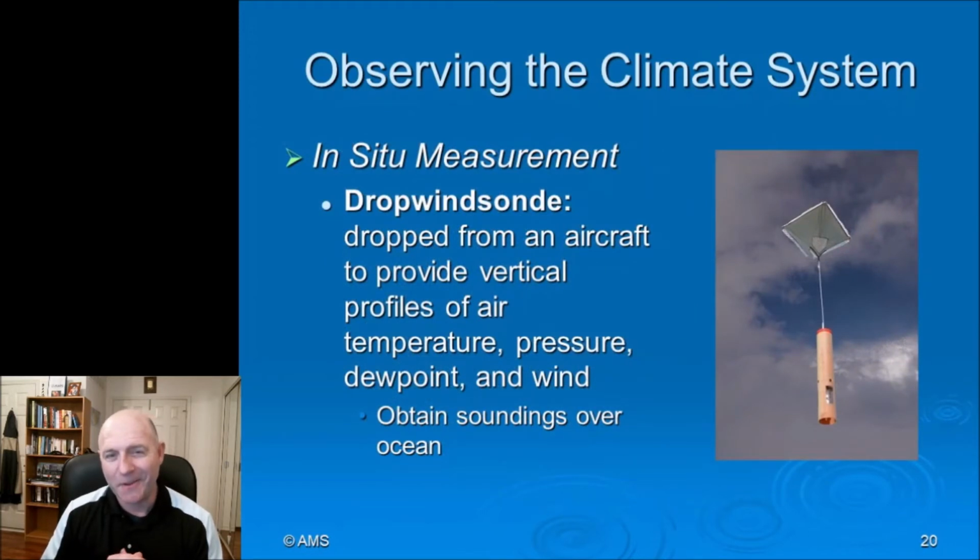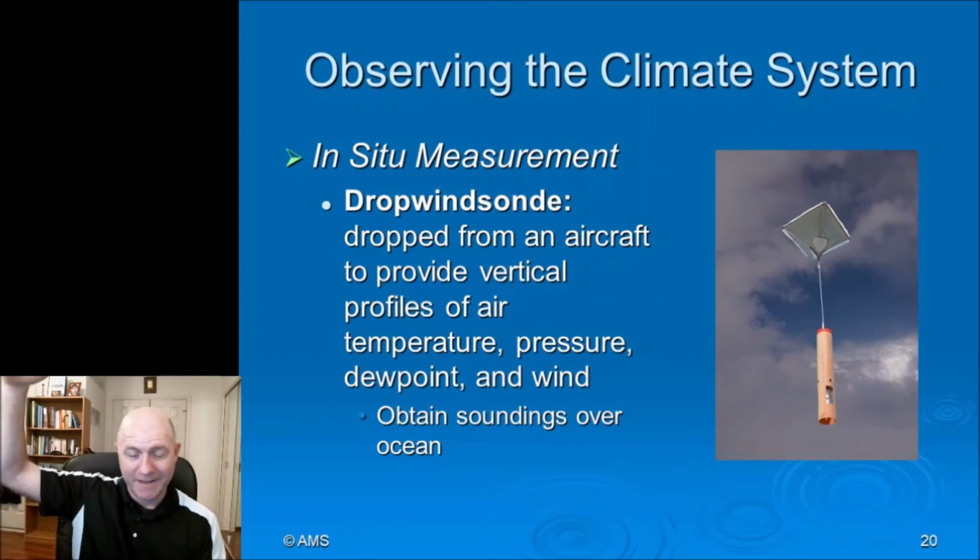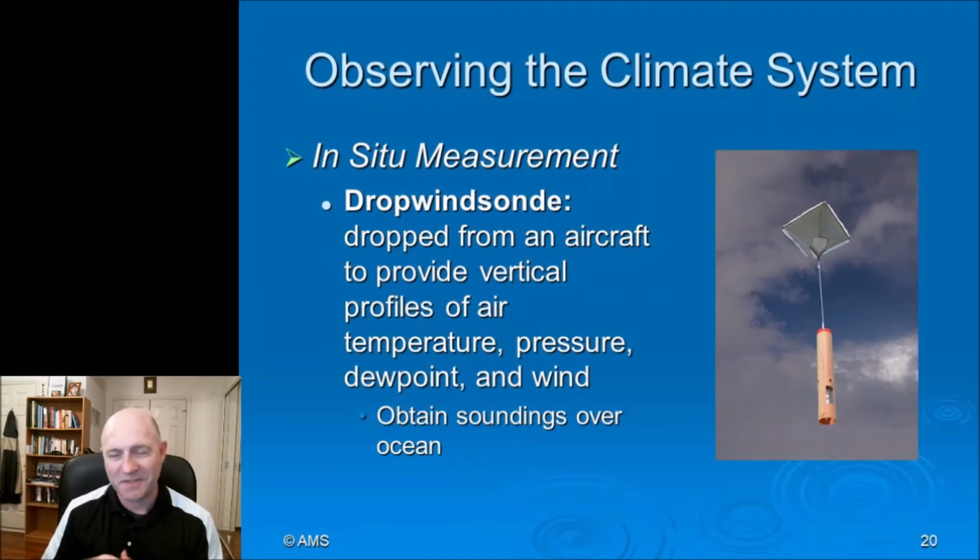Conversely, there's the dropwindsonde, which, unlike a radiosonde, is not launched from a balloon. It's up in an aircraft for the most part and then just dropped. This isn't used very much with the exception of when there's